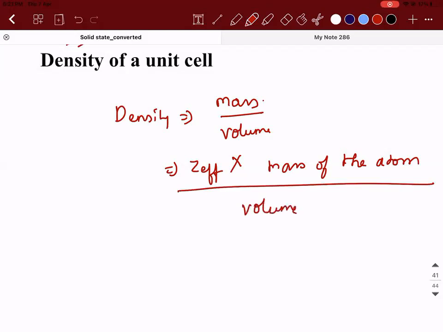Remember mole concept. What is mole concept? Why are you studying mole concept? The mass of the atom is equal to molecular mass divided by Avogadro number. There are many formulas, not only one. You have to substitute that here. Do you remember, 1 mole is equal to 12 gram of carbon atom, if you're taking carbon. That is equal to your Avogadro number.